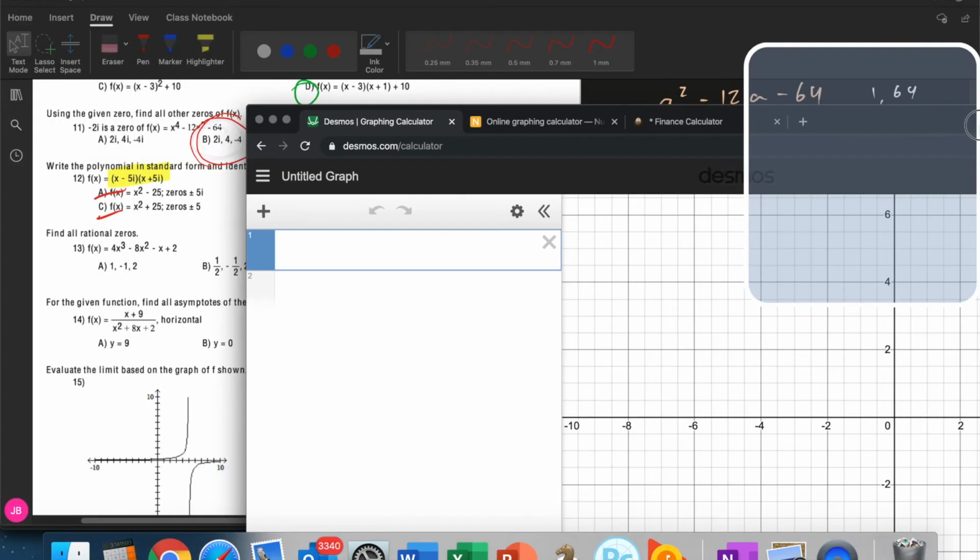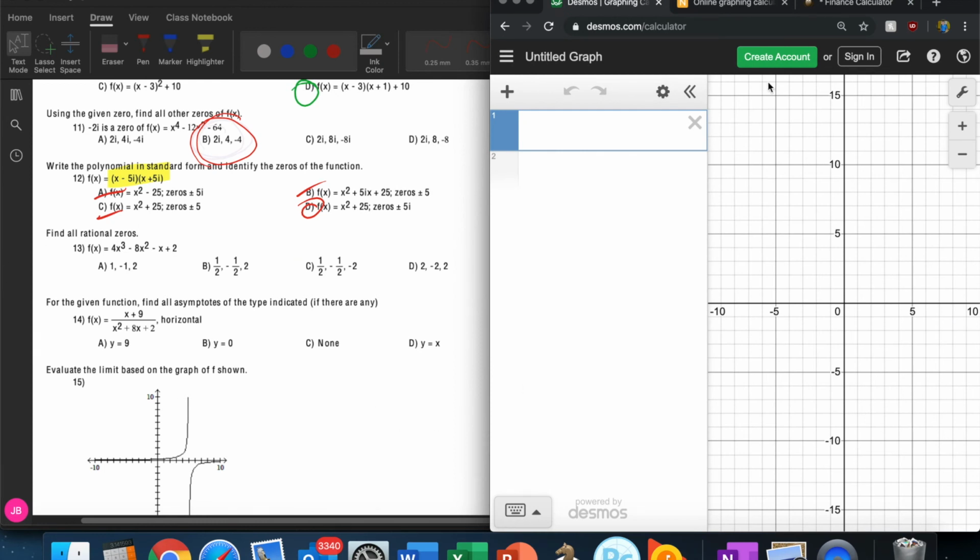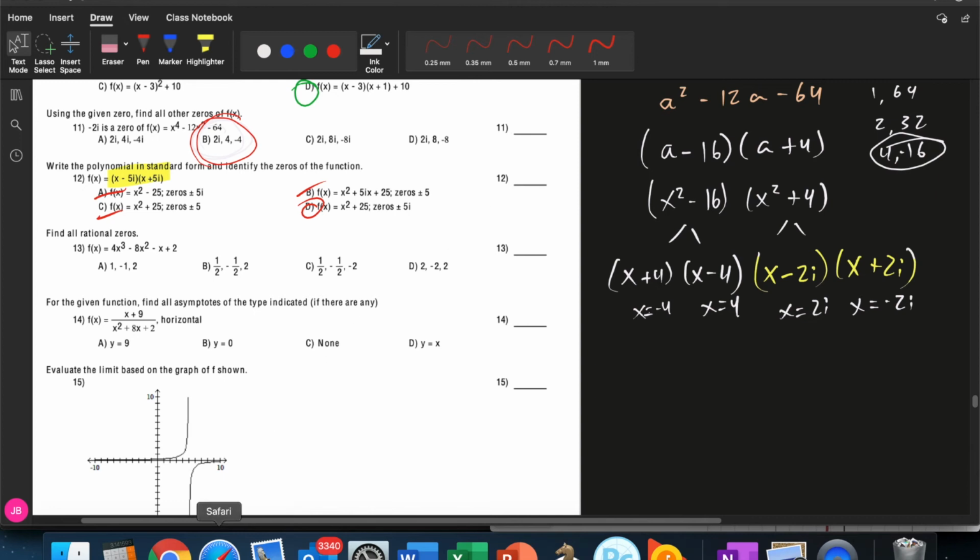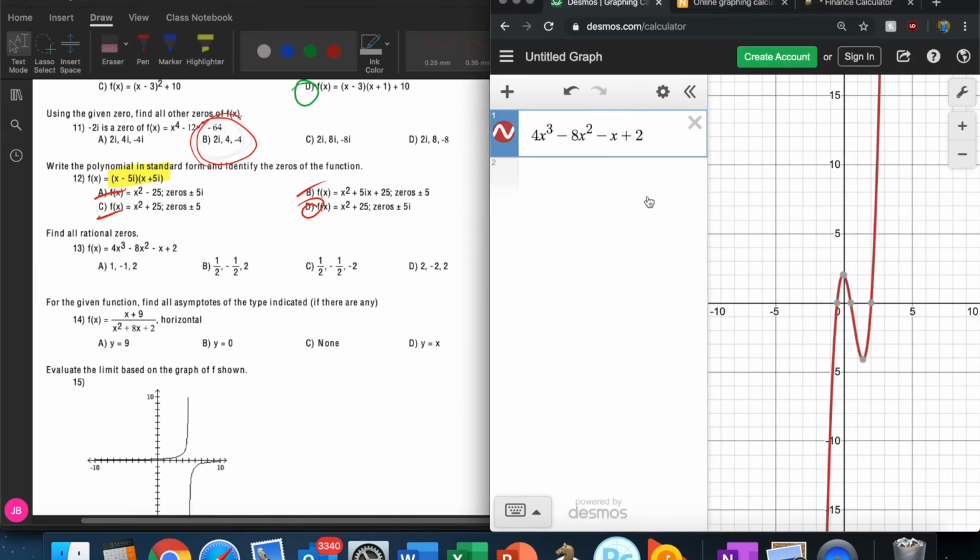Okay, we have 4x raised to the third power minus 8x raised to the second power minus x plus 2. Okay. So using Desmos, I was able to graph this, and you guys can either use, well,